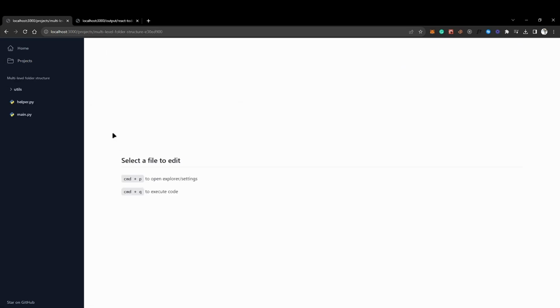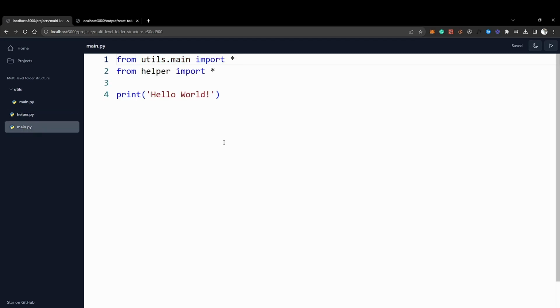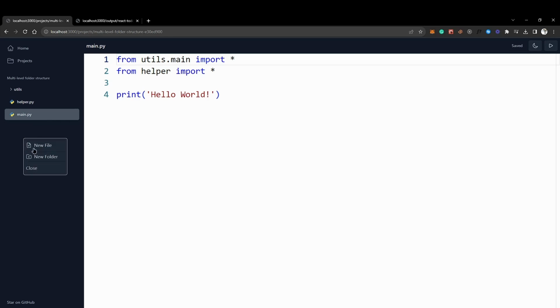If I open this project, I have multiple files here, and I have helper.py. I have a folder called utils. There I have main.py, and lastly I have main.py. And I can create a new file and folder by right clicking and clicking on the option that says create new file or create folder. Anyways, if I execute this code, I should get the output of this code, which is in